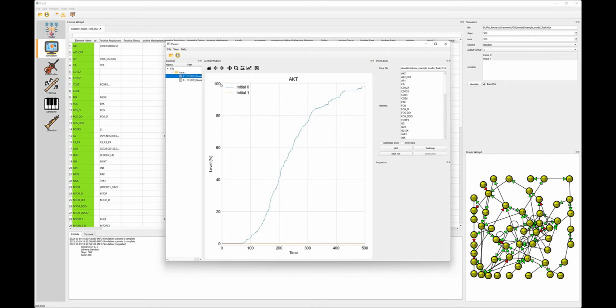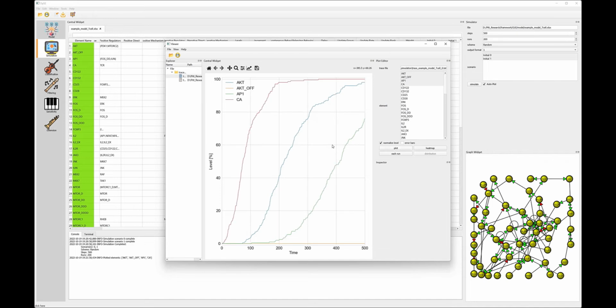If we are interested in the first 4 elements, we can plot the trajectories of these elements. And the heat map and each run can also be plotted if you want.